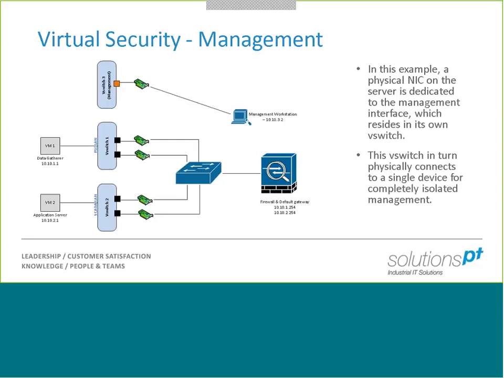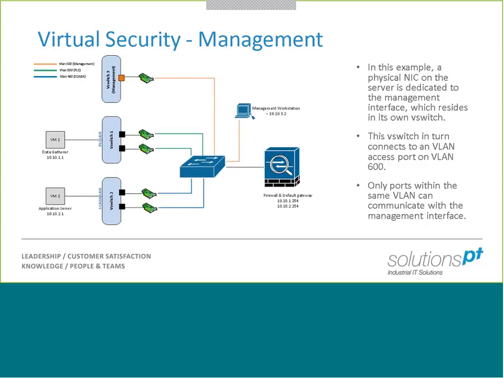We're limited now. We've just got this one workstation that can talk to the management layer. So it's less flexible. Exactly, less flexible. Let's say in our previous example, if we wanted someone else to be able to access the management layer, we'd open up a port on a switch, assign it VLAN 600, off we go. In this instance, we've got other considerations. We could potentially connect a switch in between the management workstation and the physical NIC. That's one way of doing it. But obviously this is, as it stands, a little bit less flexible. But we do have complete control and complete physical segregation. There's no physical link anymore between the management LAN and the rest of the physical network.